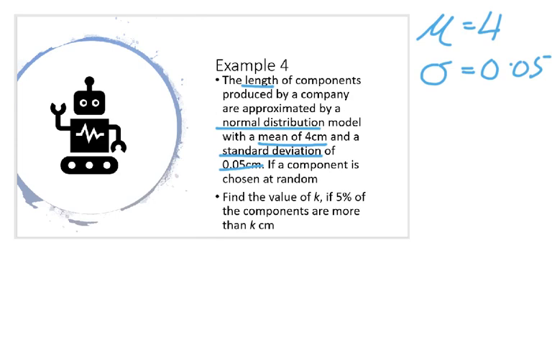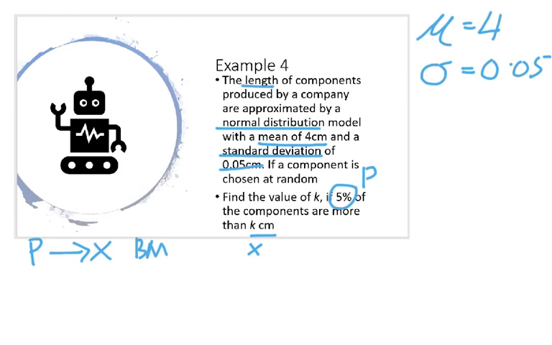Percent is in terms of probability. So now we have percentage given to us, we have probability given to us. Percentage is probability. So what we want to find is the k cm. Cm is in terms of the length. So what we want to find is the value of our variable, which means that we want to find the x. So we are having P, we want to find X. So when we have P and want to find X, this is what we do for the backward